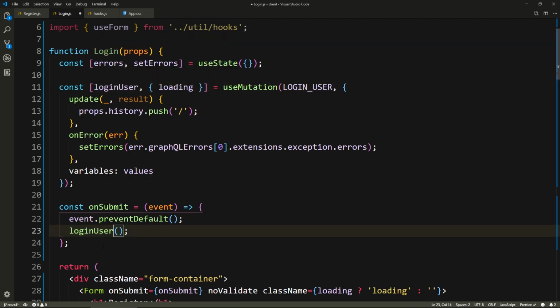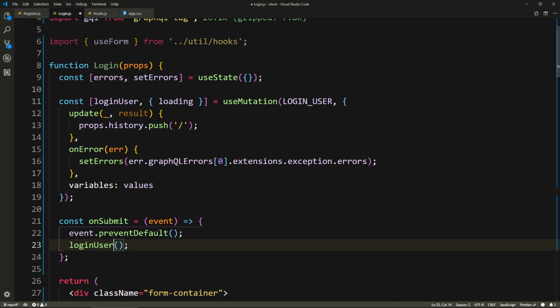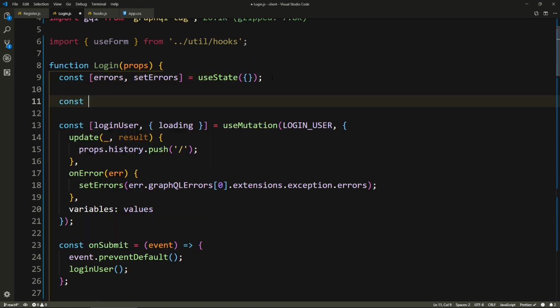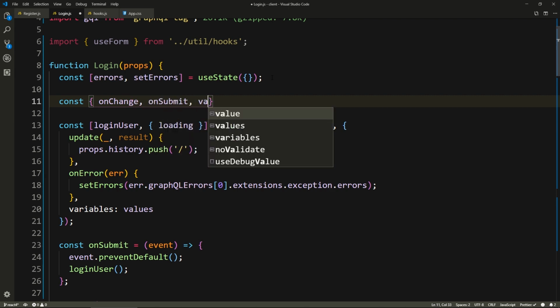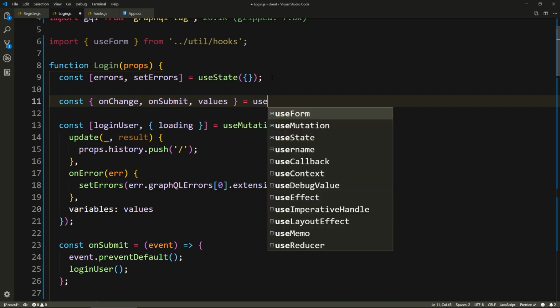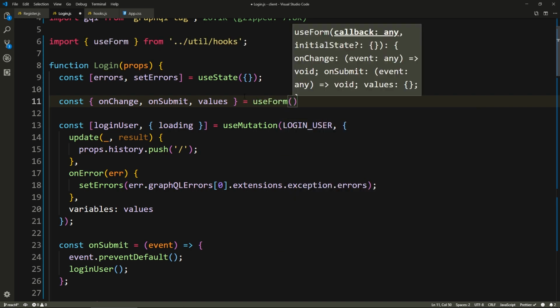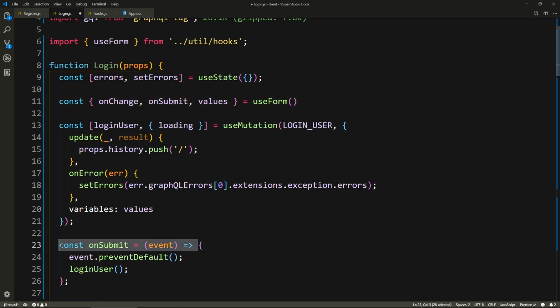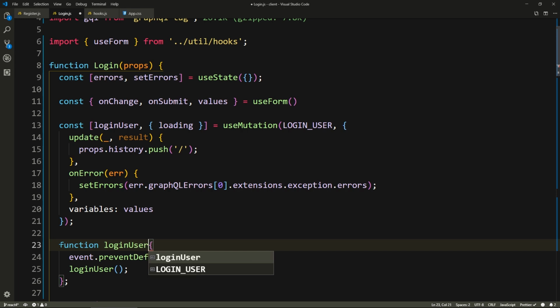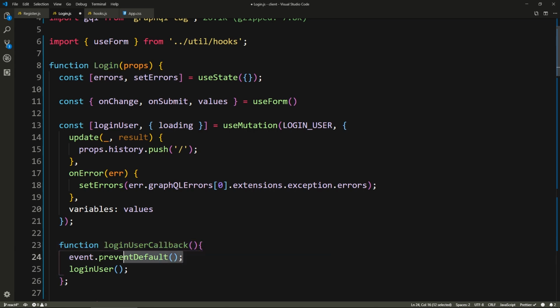And then, oh, actually, no, we don't have an onSubmit. We're going to use the useForm hook, excuse me. So here we'll have the onChange, the onSubmit, and we'll have the values from useForm and our callback. So let's make this the callback. So here we'll say function loginUserCallback, since we already have loginUser, let's just call it like that, and it will simply call